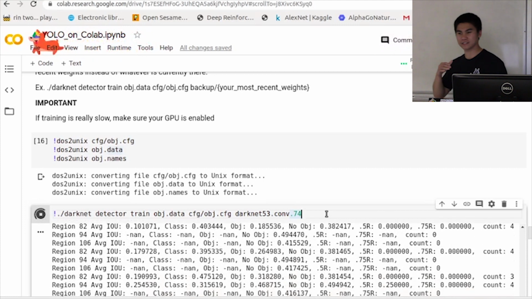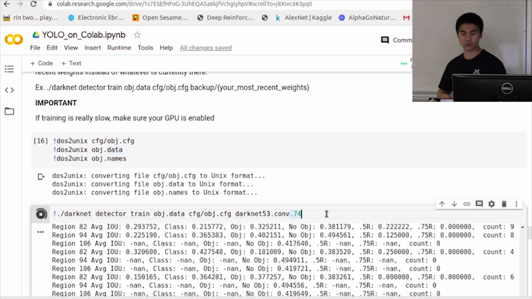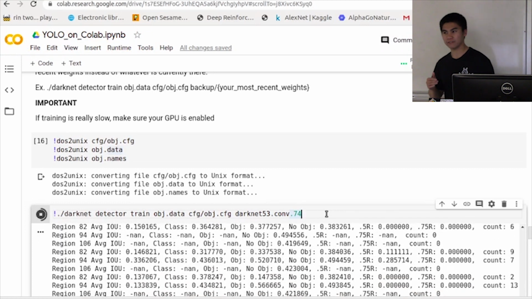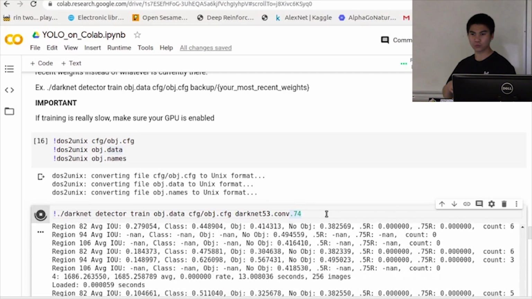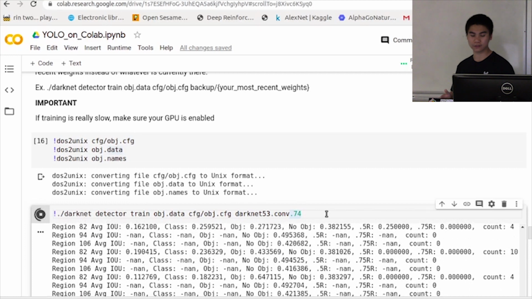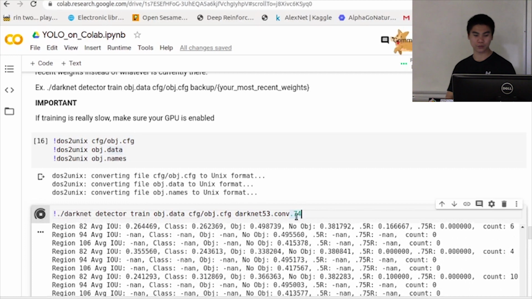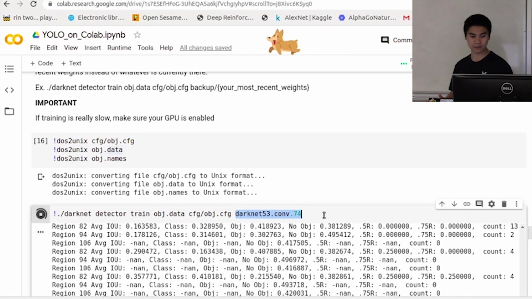This line of code gives you different weights, and the model will save the weights periodically. I have it set to save every 500 iterations, I believe. So after it hits the 500 iterations, it should output a .weights file. You can just change this to whatever weights you want, and then it will continue